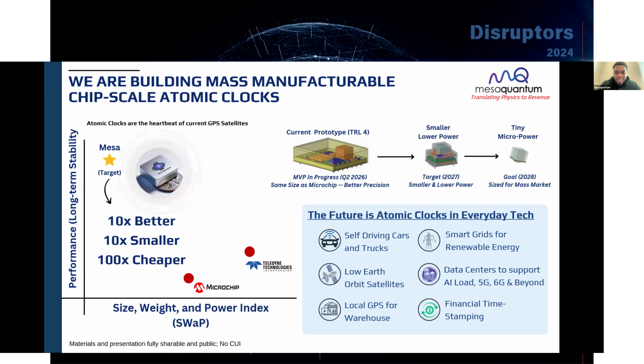And so this is an exciting time to really drive new improvements in the timing domain. You can see our timeline. We're looking for our first full product demonstration in Q2 of 2026, where we would have production scale CSACs with a near form factor and better precision. Then we would be quickly moving towards some of the IP we're currently developing to ultimately, within the next, I would say, 3 years or so, have these sized for a mass market opportunity: chip scale atomic clocks,